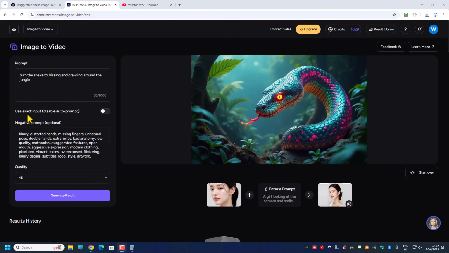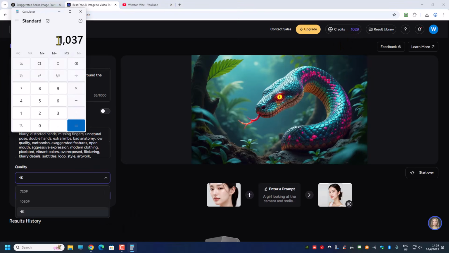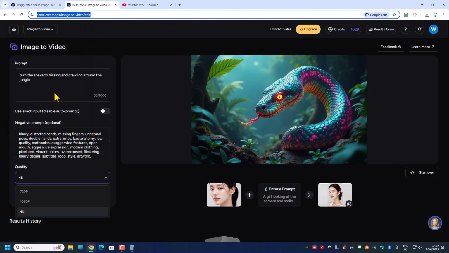Over here we have this option, use exact input, disable auto prompt. I'm not going to use the exact input because this is definitely not fine-tuned. And over here we can choose the quality. If you are using 4K, then you will consume more credit. Again, I want to see how much credit it takes to turn an image to video. So let me put it as 1029, and then